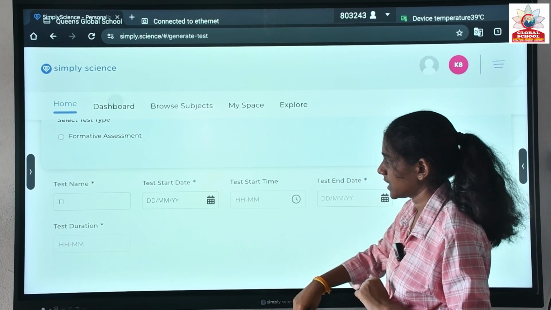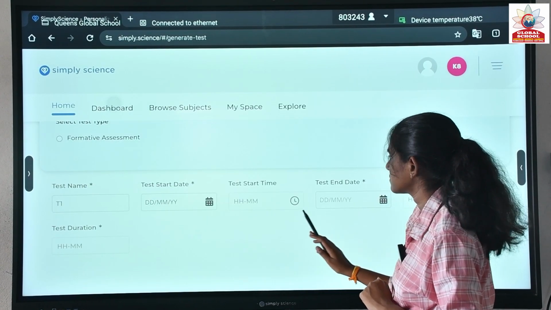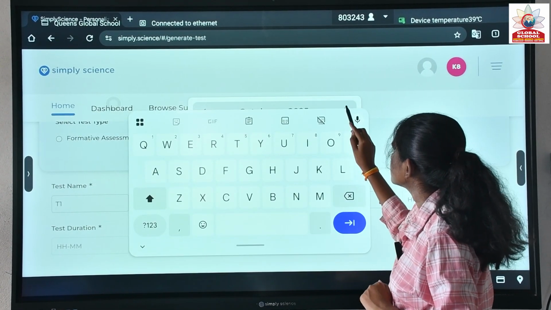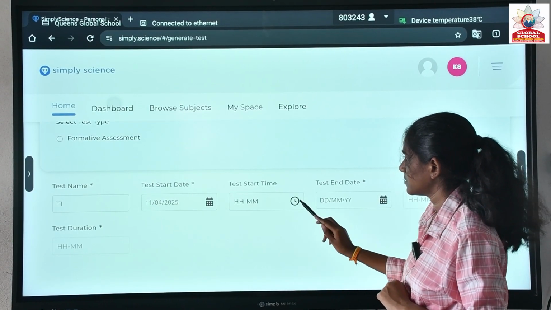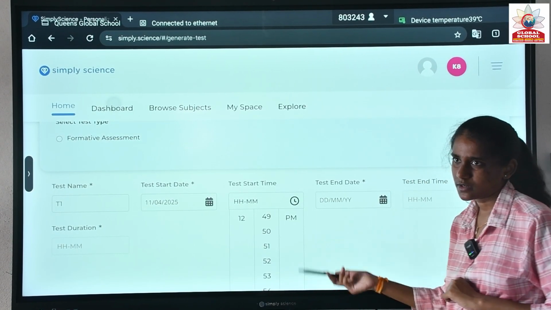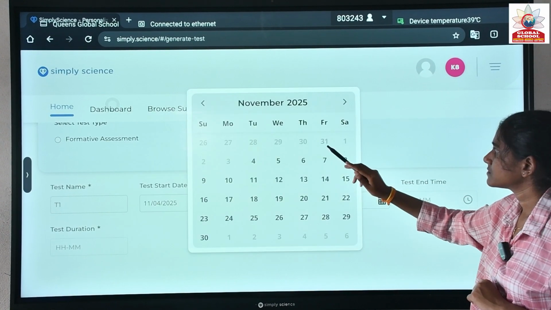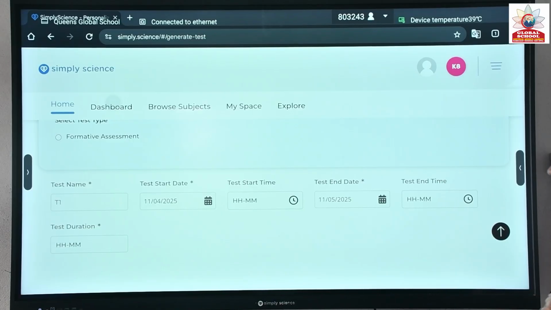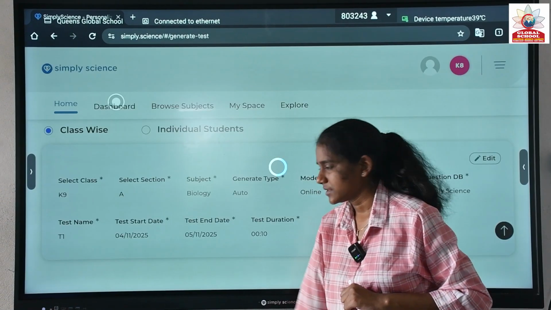So here you can just start the date, the 4th. Time, if you want you can select it, it is non-mandatory, and the end date, the 5th. This is the time I have given and the duration is just 10 minutes.